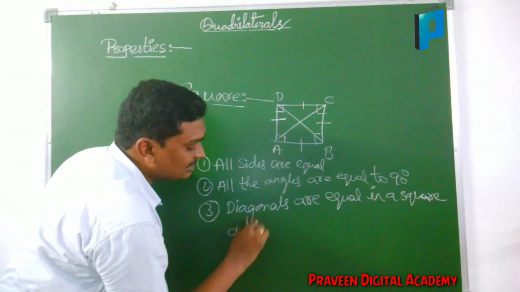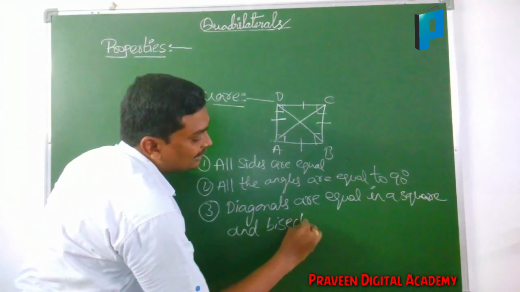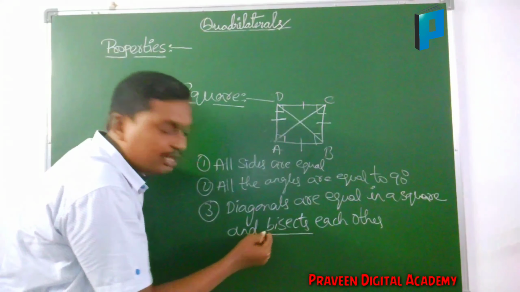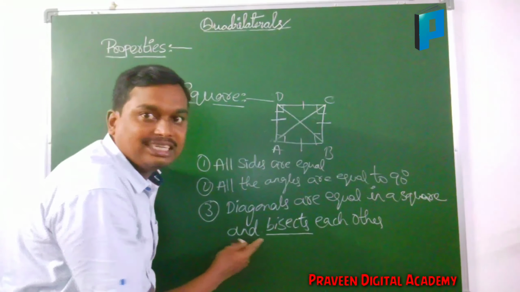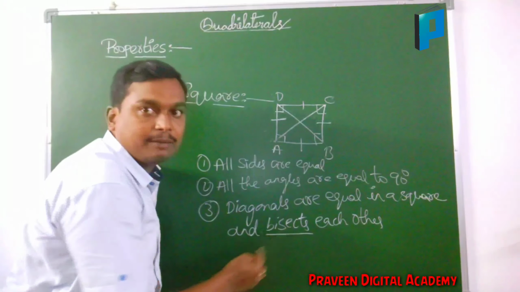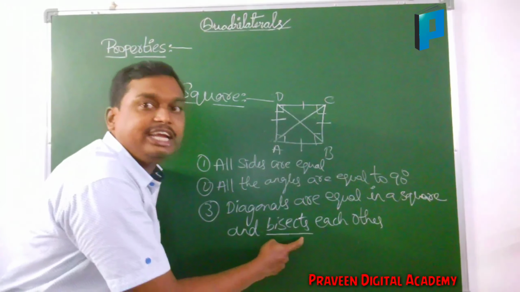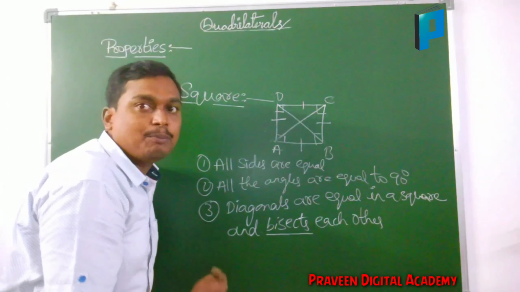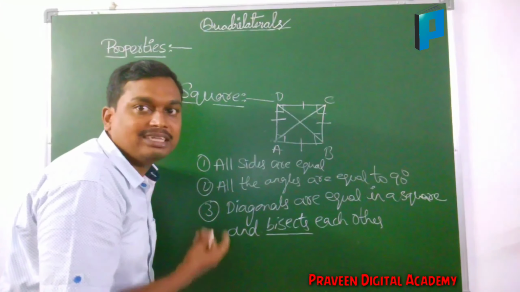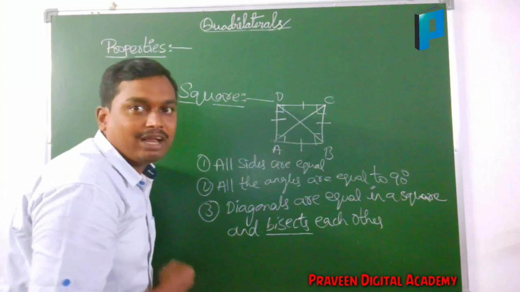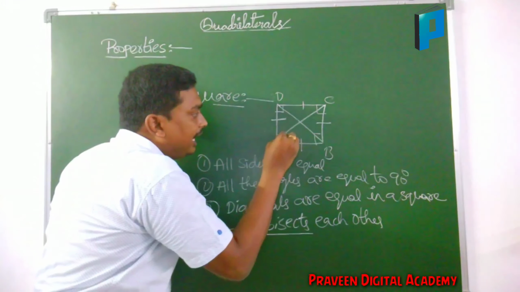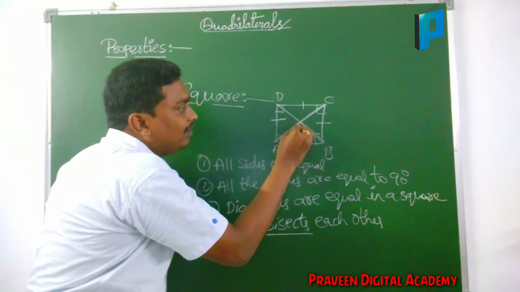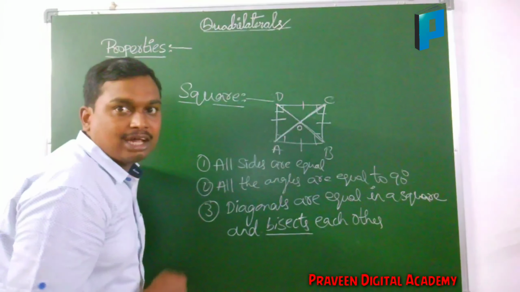and bisect each other. What does bisect mean? Bisect: bi is nothing but 2, sect is nothing but equal parts. Dividing into 2 equal parts is called bisect, or you can say bisector also. Bisector means dividing the line into 2 equal parts. Here this AC is a diagonal and this BD is the diagonal, and where they meet, I will take that point as O,